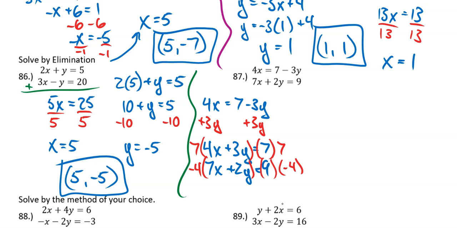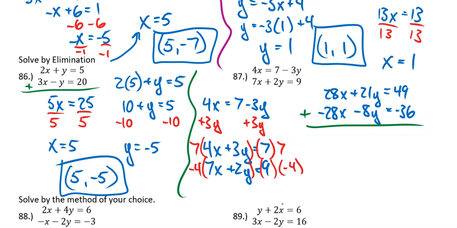So here's the result. Here's my equations now. That first equation becomes 28x plus 21y equals 49. The second equation becomes -28x minus 8y equals -36, okay? And now if I add these together,